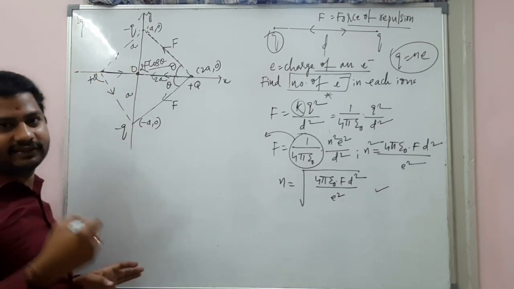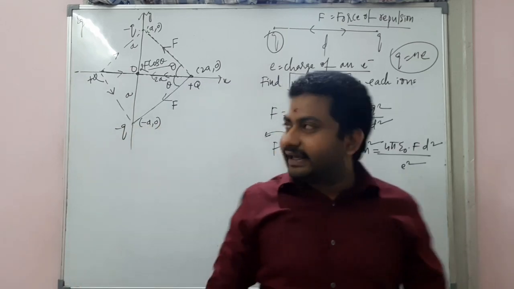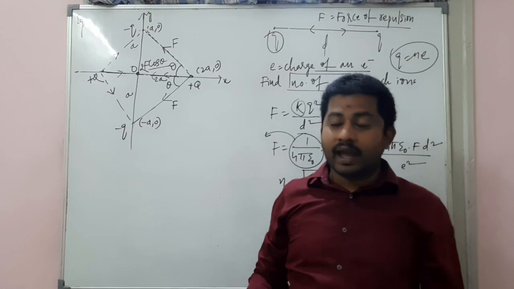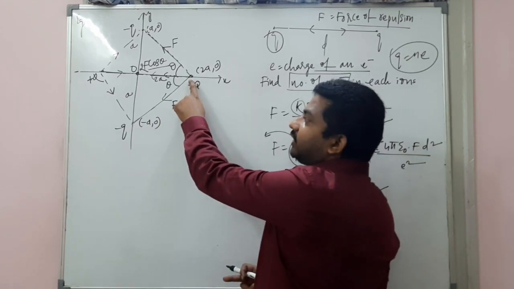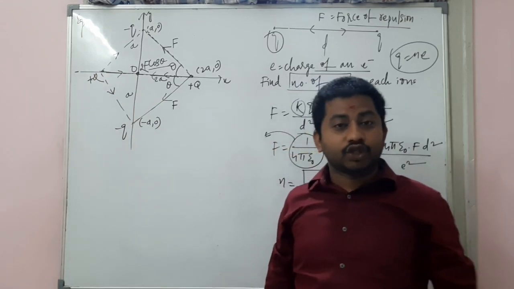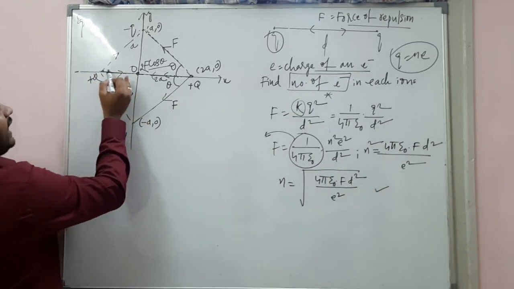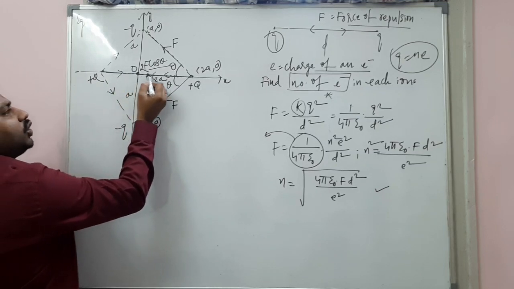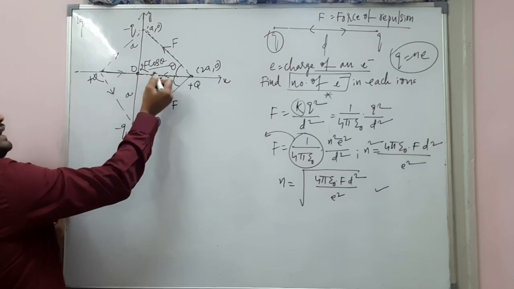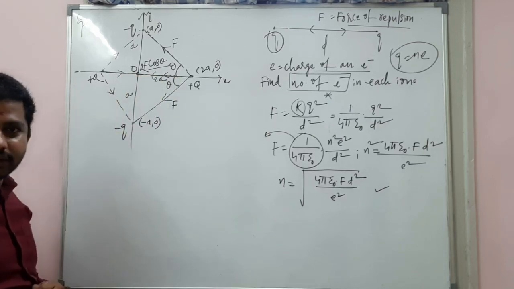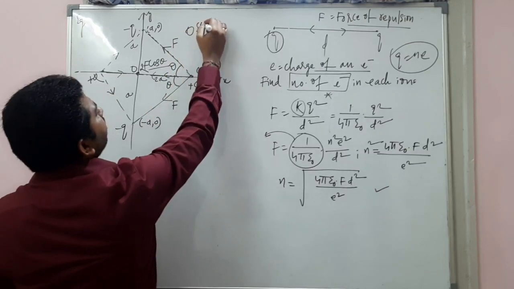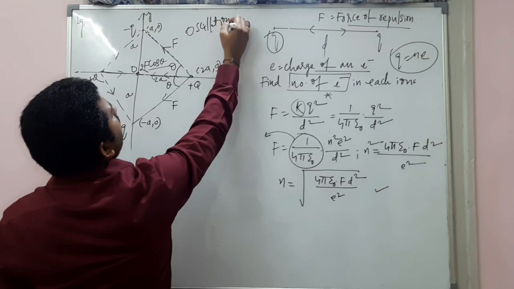How beautiful this is. Again, the net force will act towards the origin. In this case, the net force is towards the origin. At this point also, the net force is towards the origin. So it will again come back to the origin. Due to inertia, it goes further. Again, it will come back to the origin. Due to inertia, it goes further. It's like oscillation, right? So whenever this kind of question comes, remember, my dear students, the charge makes oscillatory